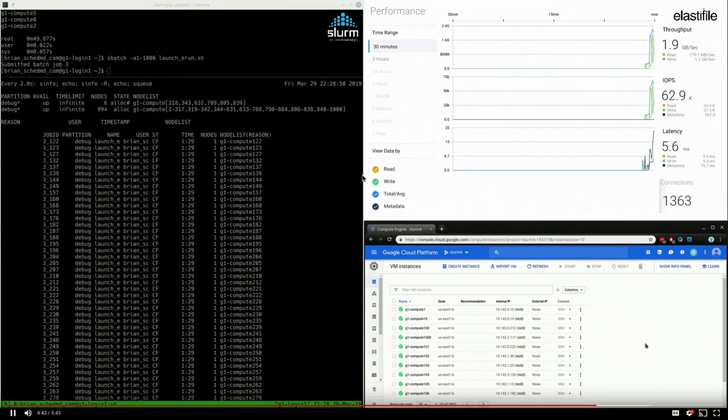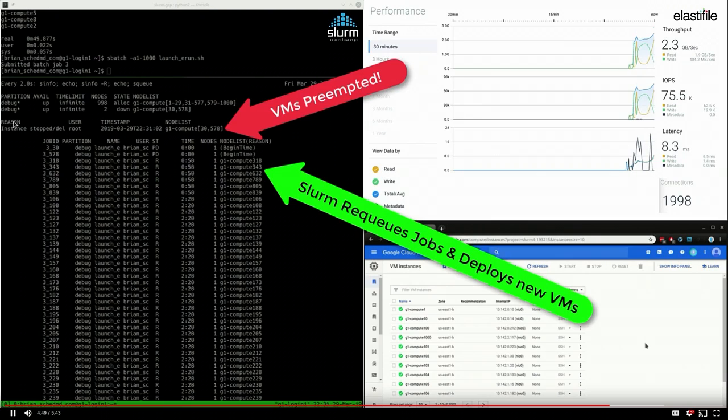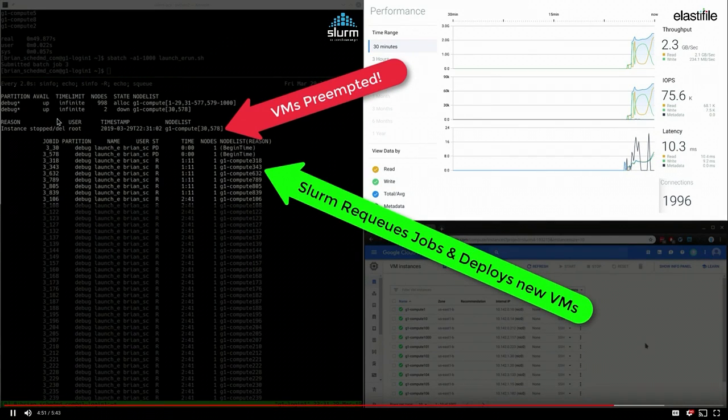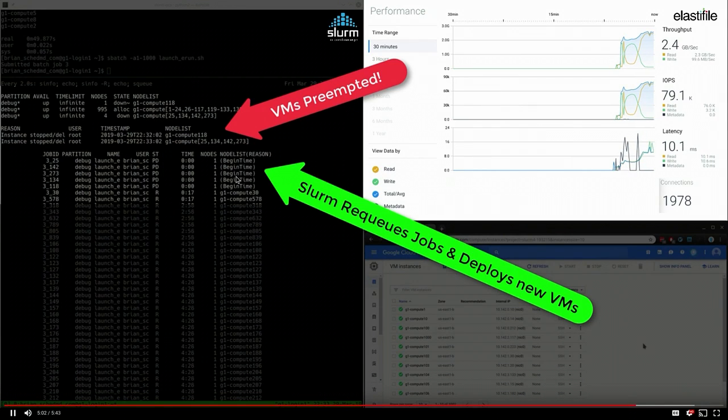And then we speed up. And what you're going to see next is a couple of these VMs are going to get preempted. Slurm's going to detect that the VMs have been preempted. Jobs are going to get re-queued. Jobs that were on those nodes got re-queued. And so they become eligible to run after 2 minutes. And then Slurm will